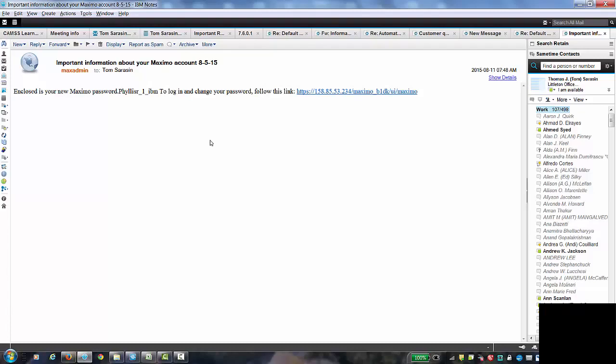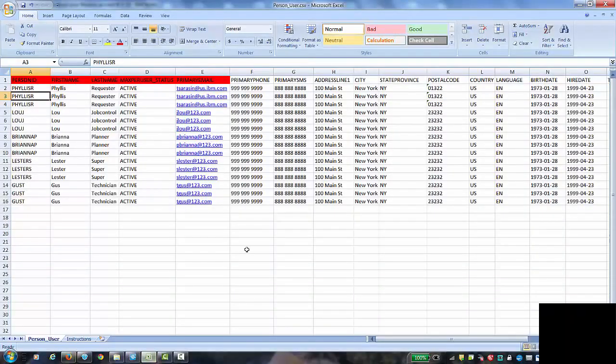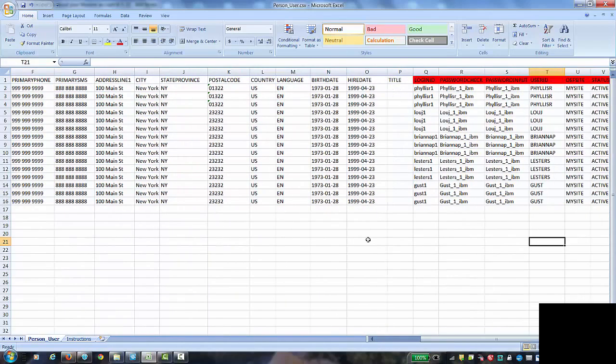One other thing to note is the email only has the password, doesn't have the user ID, which is the login ID. Your login ID should be something that they know. If they have a common login ID in your environment, that they need to know what it is, so that ID can be used with the password sent to them in the